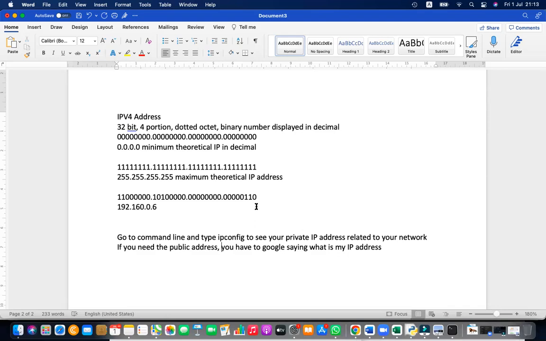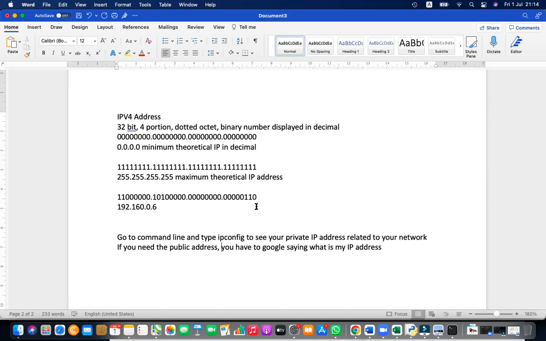So having a public IP address is good. It's like having a rented building. You can start your own institute, own organization, own company, or register your own company there, because that is assigned to you only. But typically, the public IP address given by the ISP is shared among many, so it is not unique to you. But a private IP address in your network is unique to you and your private network only. So it can be there in some other networks too.